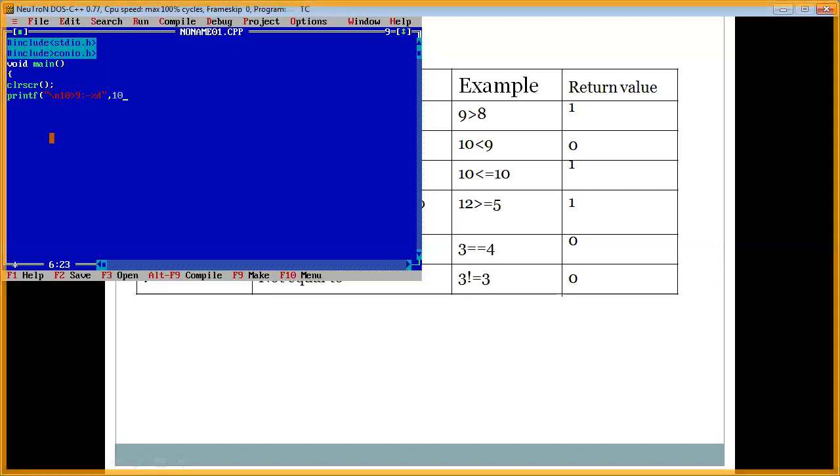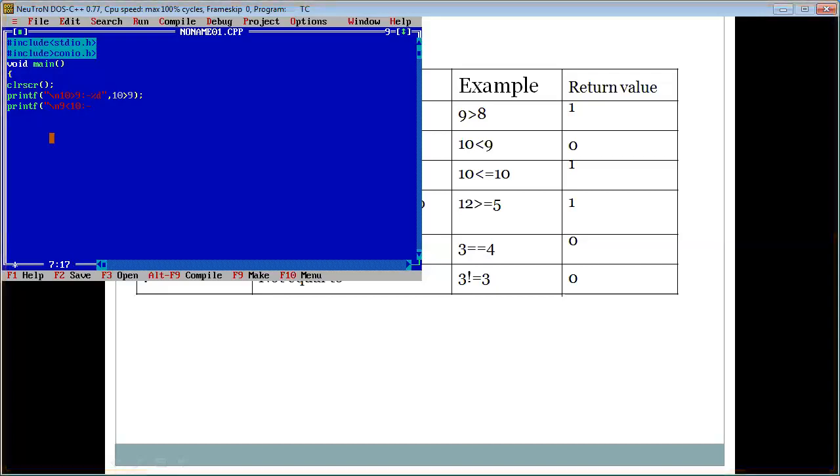Here I am going to display 10 is greater than 9. First one I showed the greater than symbol. Next one, I want to display the less than symbol. 9 is less than 10. You can see I gave 9 is less than 10.